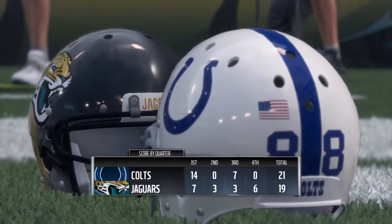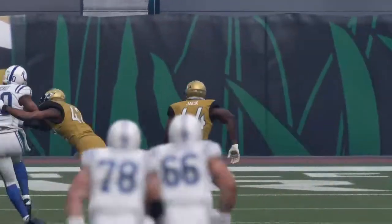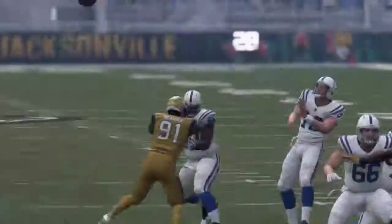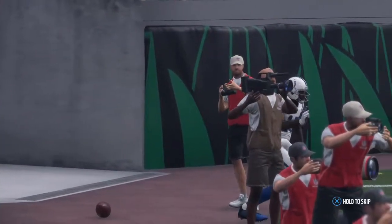So for the Colts, the win gets them back to .500 at 6-6 on the year. And they'll get another road test next week as they head to Buffalo to take on the Bills. Meanwhile, for the Jaguars, they fall to 6-6 now on the campaign. And they'll be at